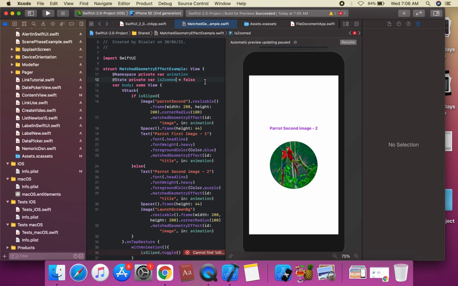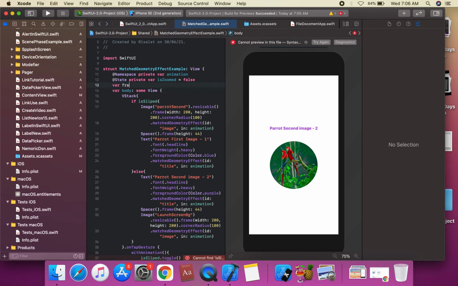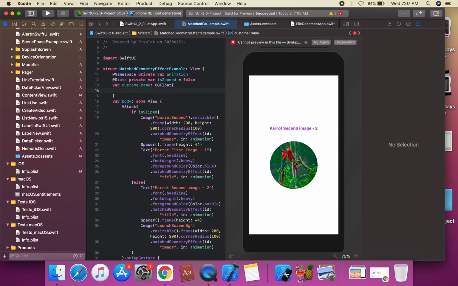Suppose we're gonna create a frame var computed property. We're gonna create the computed property custom frame, which is of type CGFloat, and you can set it: if isZoomed is true, the frame is 300, otherwise the frame is 60.